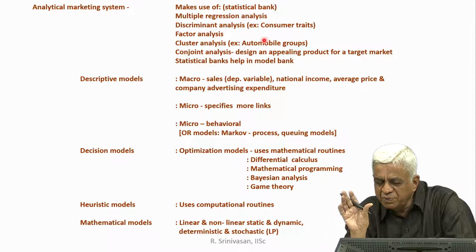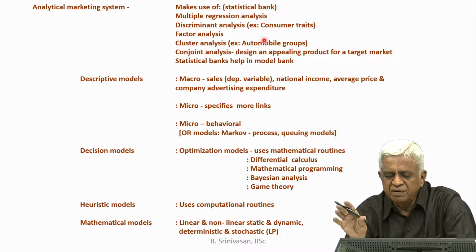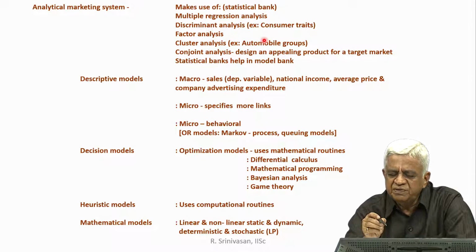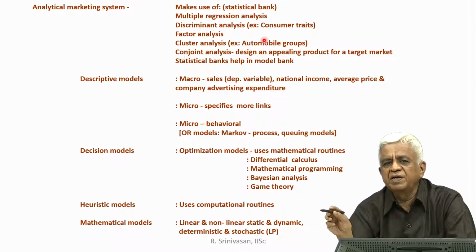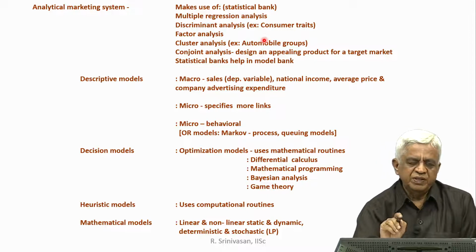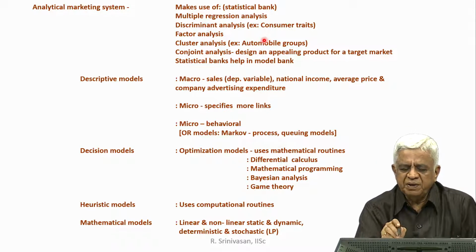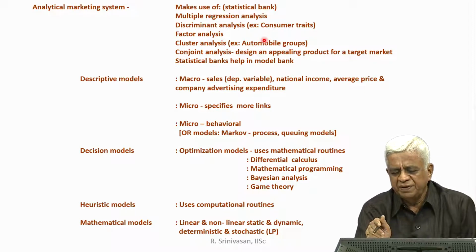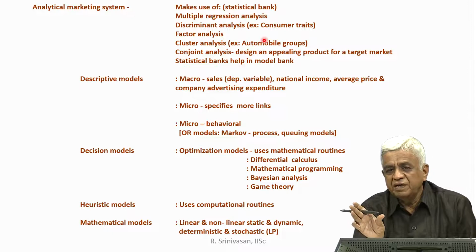We have specified a target market. For that target market, only some products will have product appeal. So, when these products have product appeal, the conjoint analysis looks at designing an appealing product for that particular target